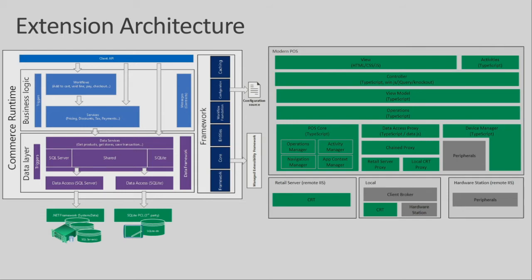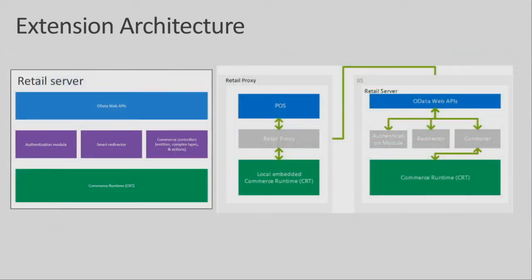So basically when you are extending, you will either extend the client, or you will extend the business logic CRT layer, or as I mentioned in the previous slide, if you are doing something new, because our POS needs to understand it, if it's a new service, how will POS know to call? So you will customize the retail server, and the last thing you will customize is the proxy layer to tell POS, hey, should I connect online or offline? So these are the 4 different components you will be customizing based on your scenario. You don't need to customize all, it depends on your scenario. In some cases, it's only business logic, you will modify only CRT. In some cases, I just want to add a column, you just modify the POS. So it depends on your scenario. Okay.